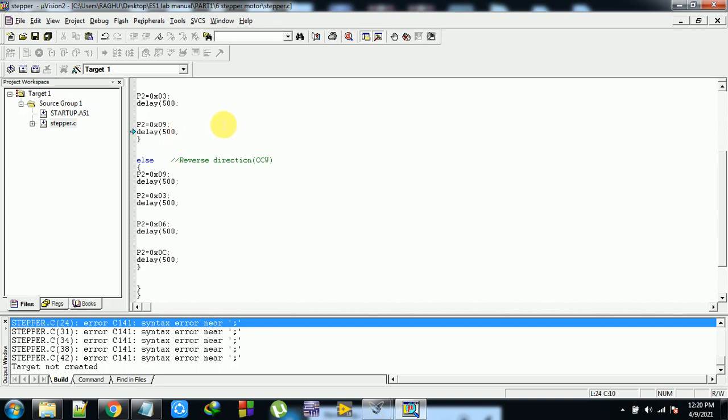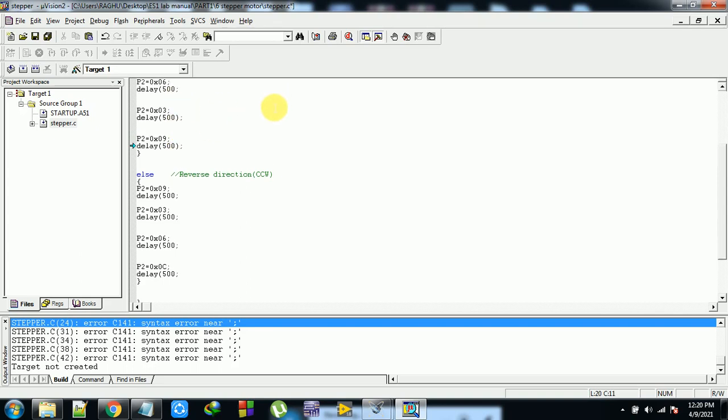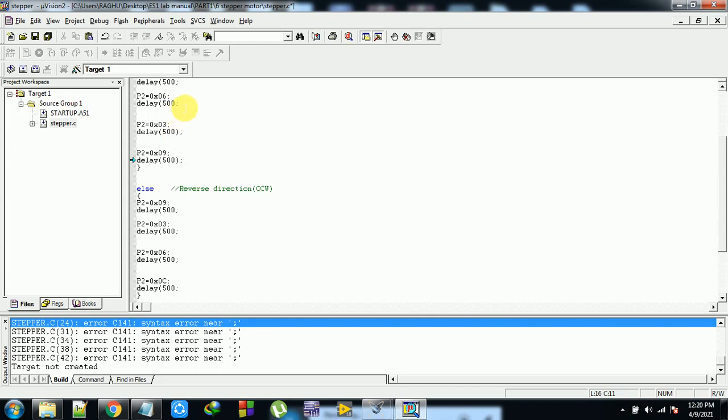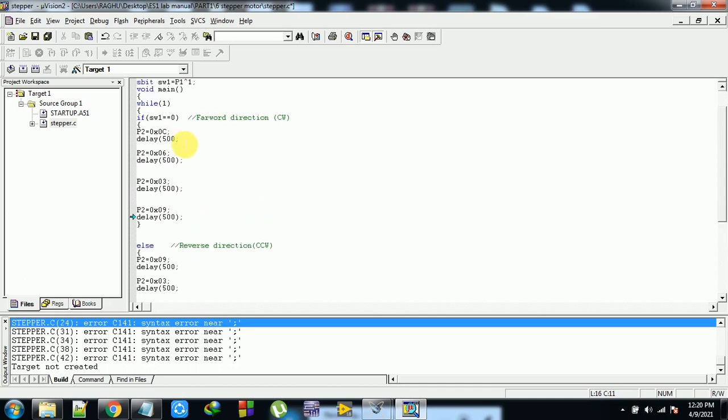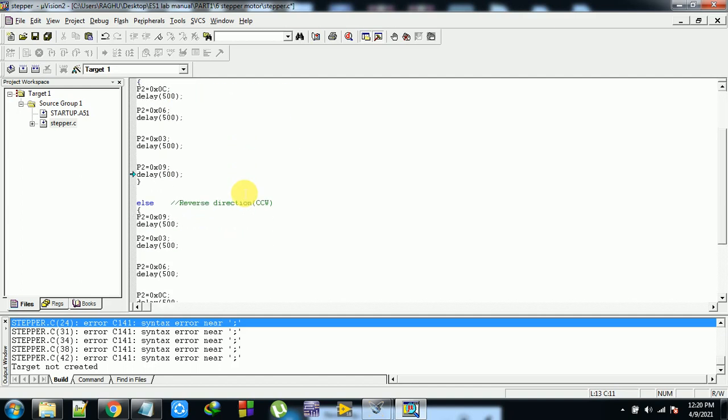So every time a bracket is missed. Okay, here also a bracket is missed. Bracket.